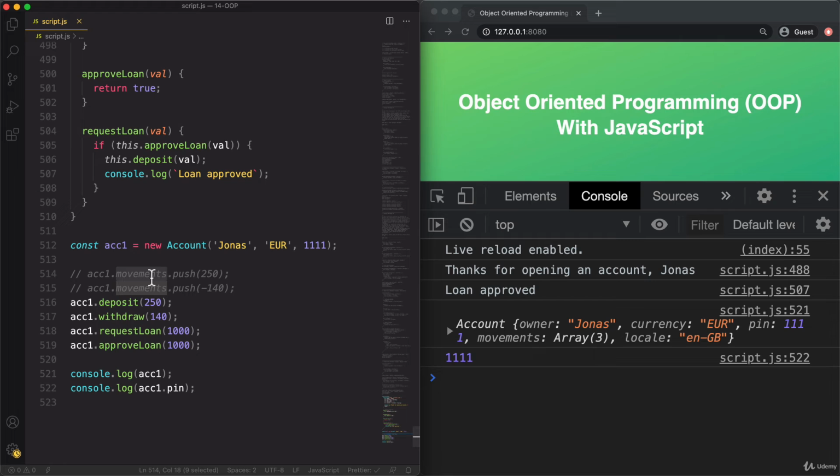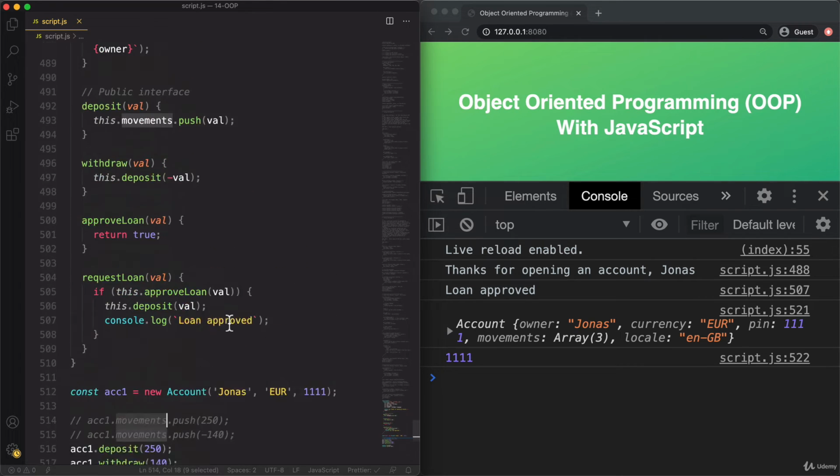However, JavaScript classes actually do not yet support real data privacy and encapsulation. Now, there is a proposal to add truly private class fields and methods to the language, but it's not completely ready yet. I will still show it to you in a next lecture because it's really cool, but even when this feature ships in the browser, it will take some time until you can use it with confidence. And so in this lecture, we will basically fake encapsulation by simply using a convention.